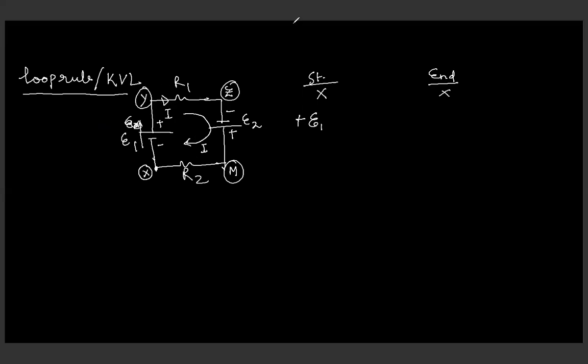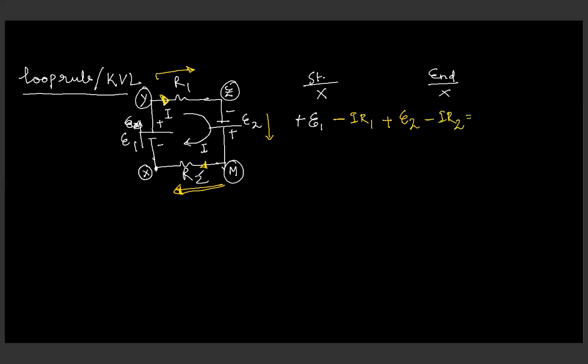Now we are moving across the resistor, and the direction in which we are going is the same as the direction of the current. Whenever we move along the direction of the current, the potential drops, right? So I'm going to write minus I R1. Then again we are encountering a battery in which we are again moving from negative to positive end. So we are going to write plus E2. Same battery and resistor situation, and we are moving in the same direction as the current. So we are going to write minus I R2.